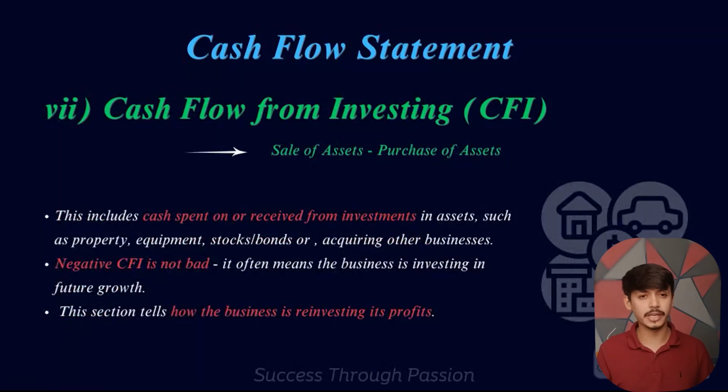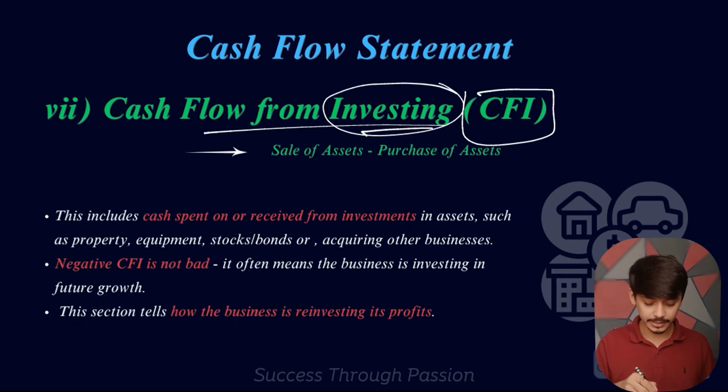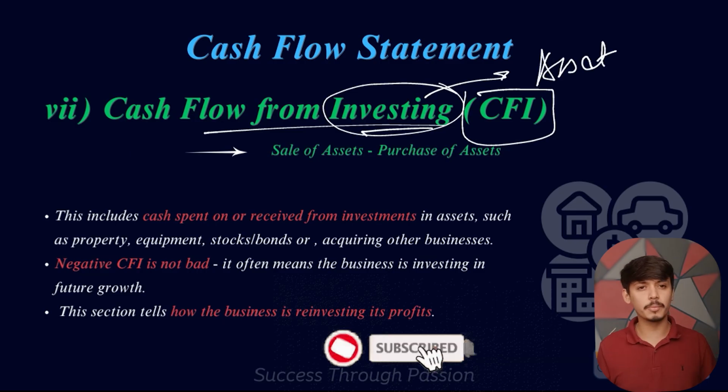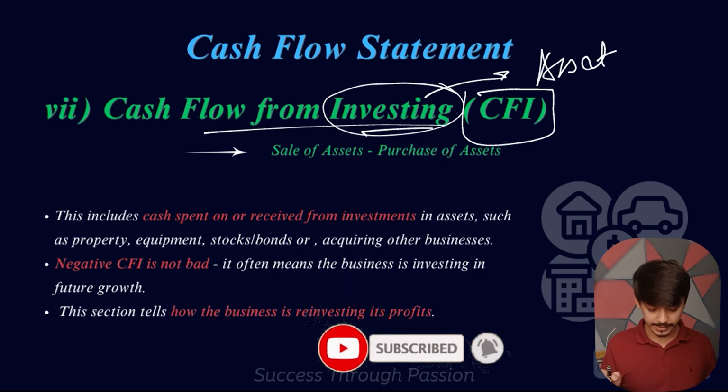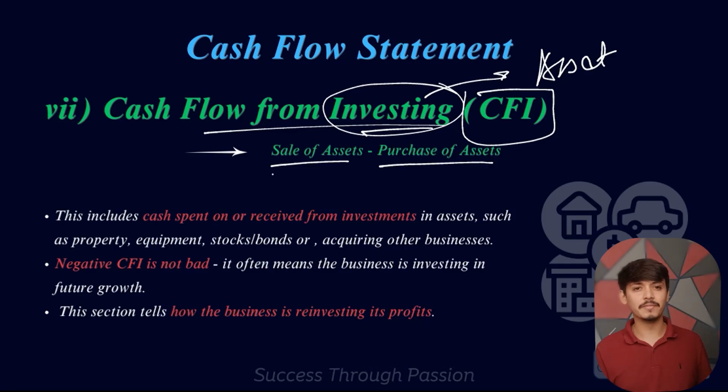Next, we are moving to the second element, that is CFI, which is cash flow from investing. Here, from the term itself, we can understand that it is cash flow from investing. And whenever we invest into something, that becomes our asset. So all the elements of cash flow from investing will be related to assets. Over here, we can see the formula, that is sale of assets minus purchase of assets, which is very